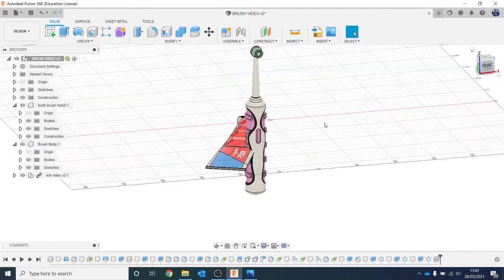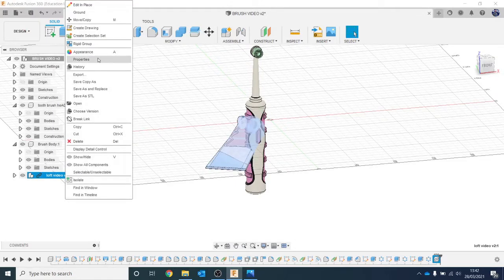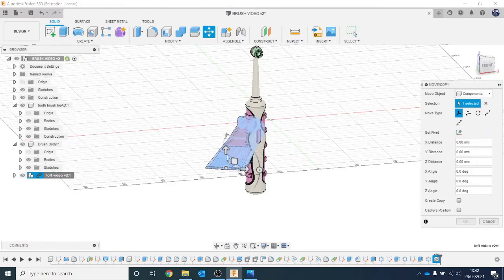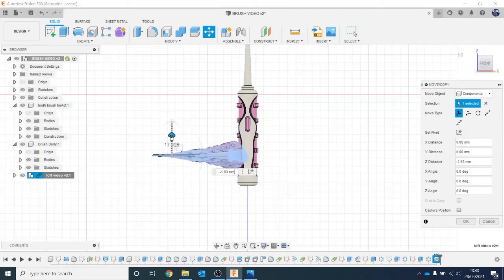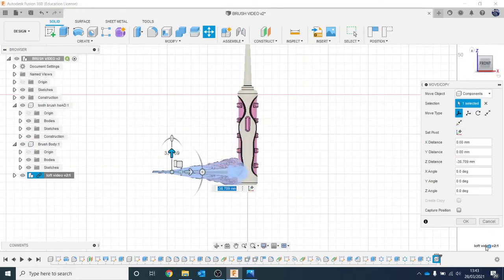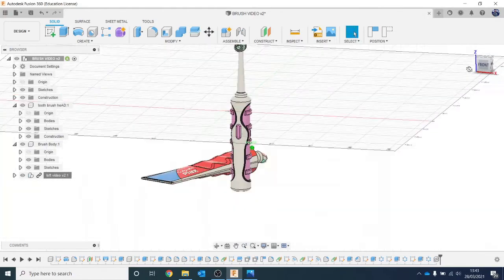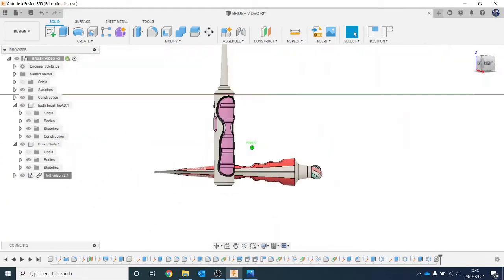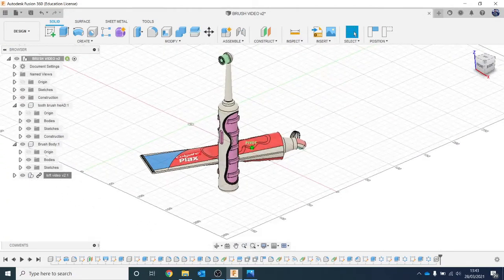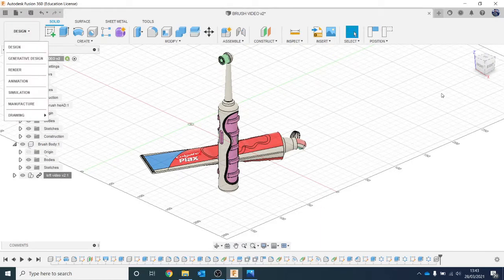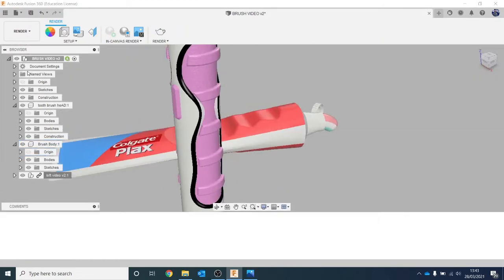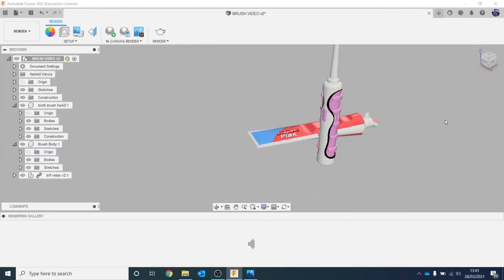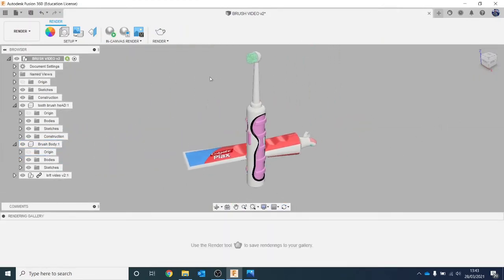Okay, that's still not where I want it, so let's continue to move. And you all the way down. Okay, now let's have a look. So let's go to capture position. Let's go into render. So you can see we've got a toothbrush and our toothpaste, which on its own would